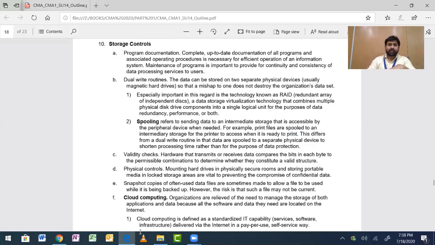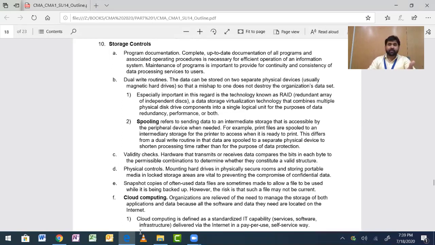So this is again one kind of method of dual write routines, and there's a good example they have given. When you send some file, it is already saved somewhere in the printer, so that once it is free it will print your paper. That is how a temporary copy is created. This is why we need RAM in our laptop or computer. HD is about how much hard disk space there is, but we need a high amount of RAM, like 2 GB, 4 GB, and now there is much more than this. I think we are having phones with 8 GB RAM, so forget about laptops and computers.